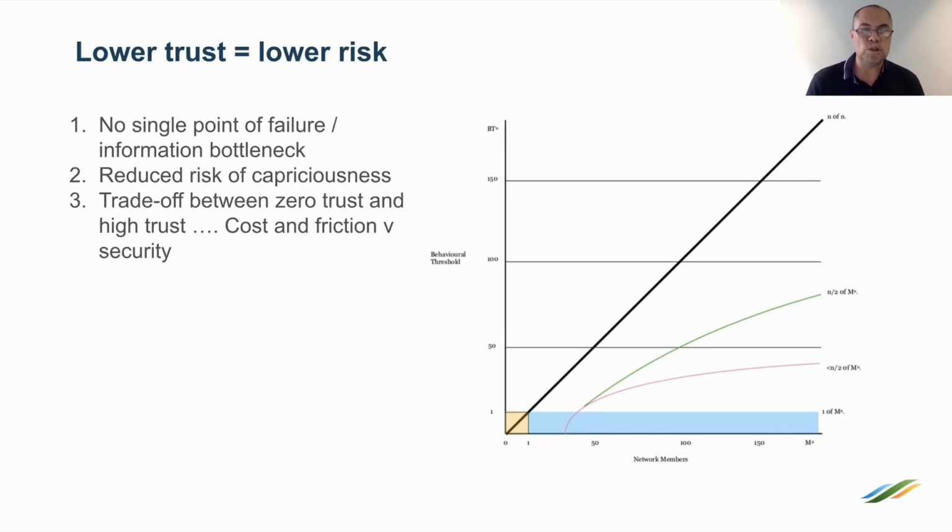And the aim of moving down the path towards a lower trust environment is to spread risk, if you will. So there are no single points of information failure, there are no single information bottleneck problems, and the systems are not exposed to the risks of what we would call capriciousness, which is the ability of single actors to, without warning and in unpredictable ways, make decisions that change the information that we all depend upon.